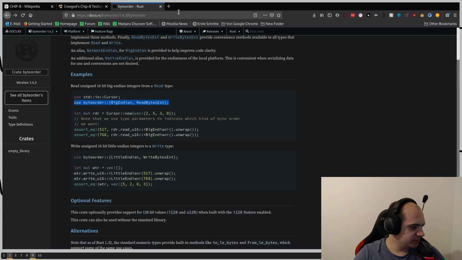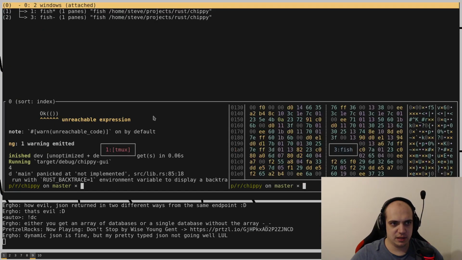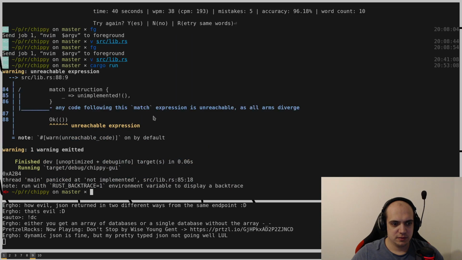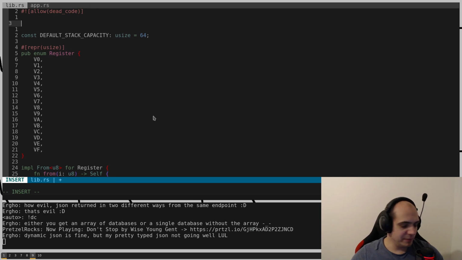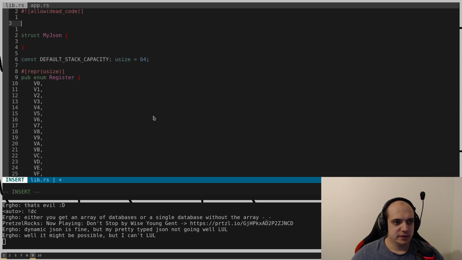Dynamic JSON is fine, but my pretty typed JSON is not going well. Yeah, but you can type that. That's what I'm saying. You can absolutely do typed JSON. Right? So I mean, I don't know if you're in Rust. But if you're in Rust, you can do something like struct my JSON whatever, huh? And